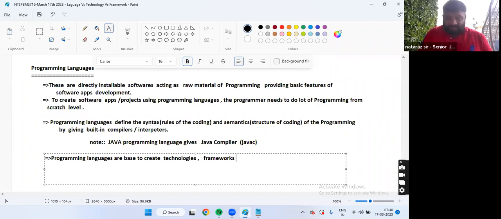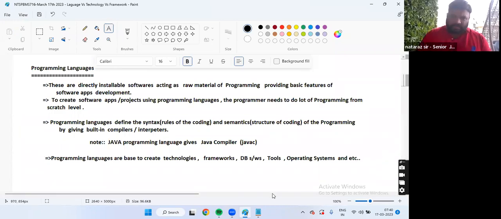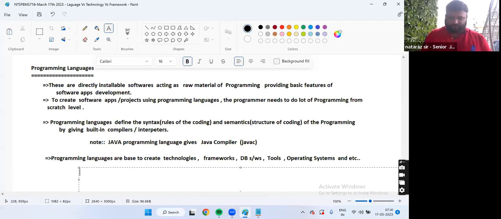I already said that. Frameworks, database software, tools, or IDEs kind of things, tools, operating systems, and etc.